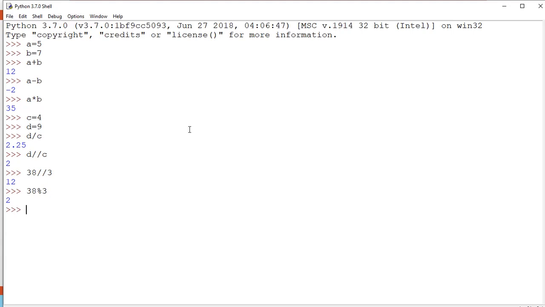So this percentage symbol is actually the modulo or modulus symbol. Whenever we talk about the modulus operation, that means it is going to provide you the remainder. Now this floor division and this modulus operator are very important for us because they will be used on various occasions in Python programming. Whenever you create difficult or complex programs which involve some calculations, at that time we will be using these operators.